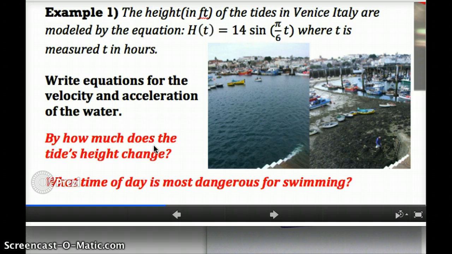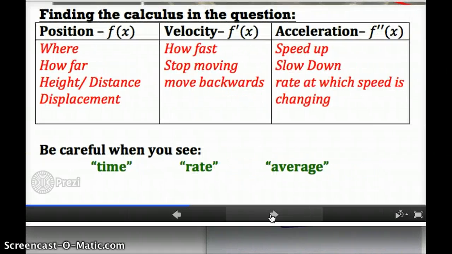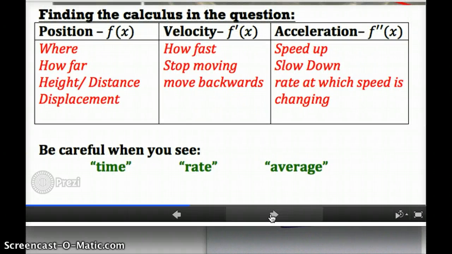And those are both calculus questions, but what you have to learn in this unit is to interpret what exactly is the calculus inside that question. And once you see what the calculus is, actually doing the calculation is really easy. You already know how to do all the derivatives. So here are some tips. When you are reading a word problem